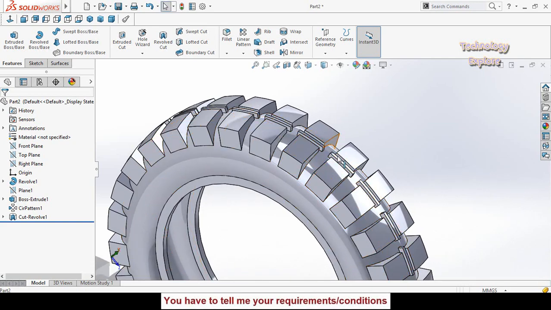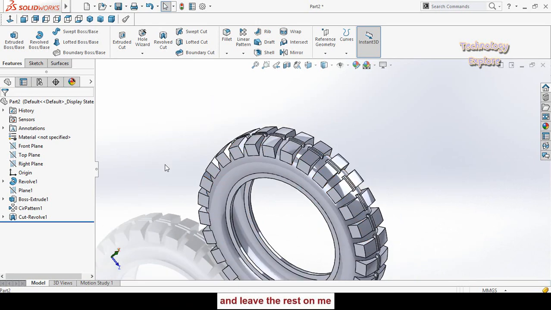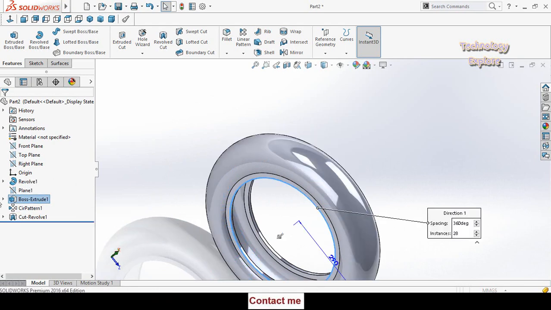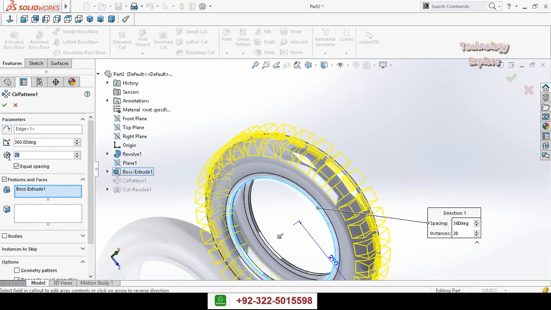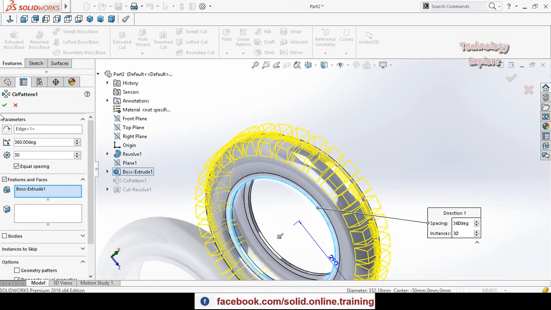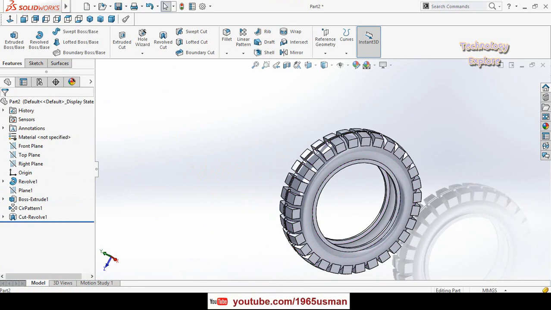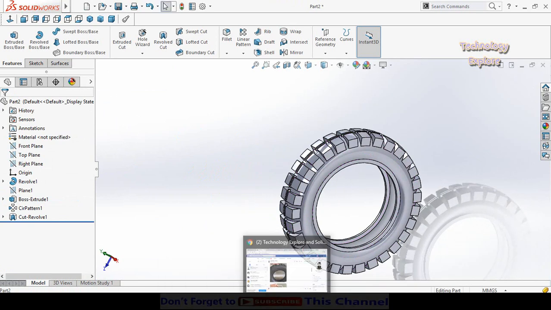So if you want to increase the number of these instances, you can do at any time. So to do that, click on circular pattern 1 here and then edit feature, and then type here 30. Press OK button. So one last step is remaining